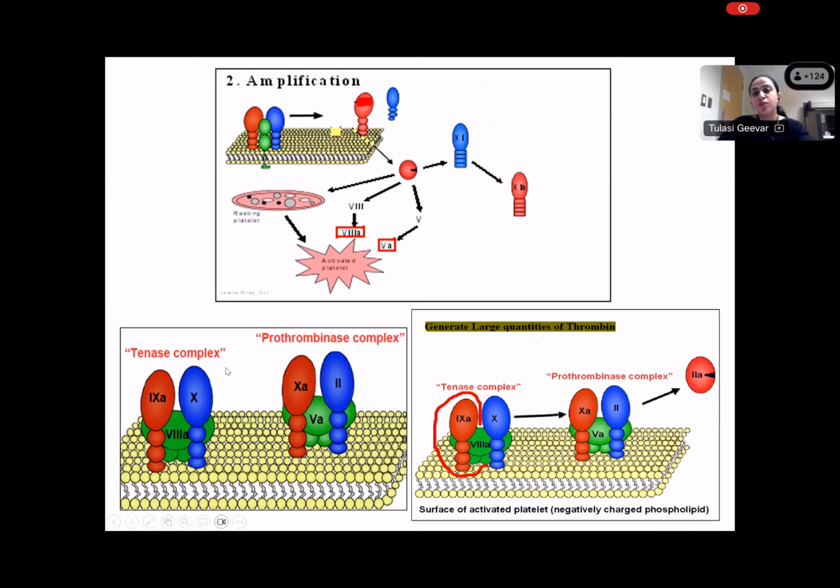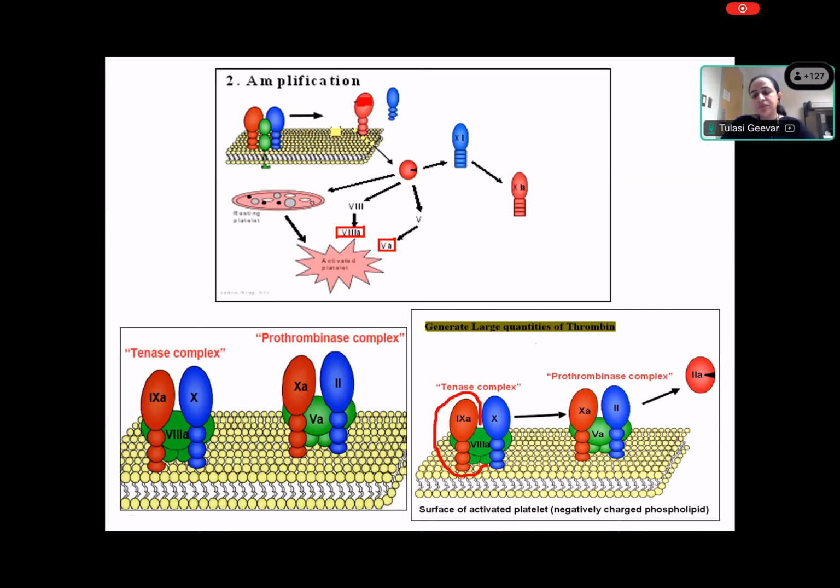Once 10A is activated, it forms a prothrombinase complex, which is formed by the activated 5, activated by thrombin, the 10A, which is activated by the 10A's complex, and prothrombin, which leads to conversion of prothrombin to thrombin. This occurs on the surface of an activated platelet. Okay, so this amplification step is capable of generating large amounts of thrombin, even without the contribution